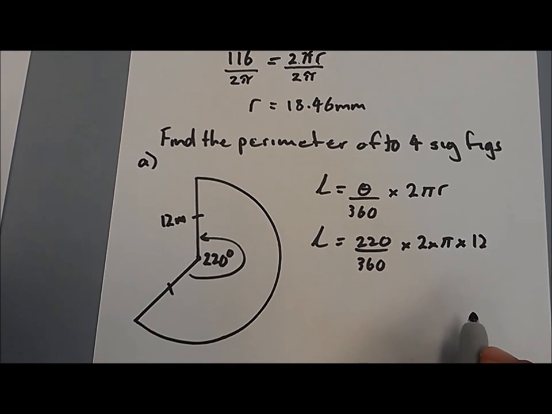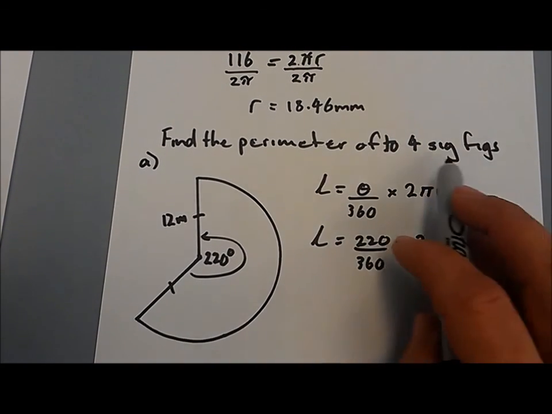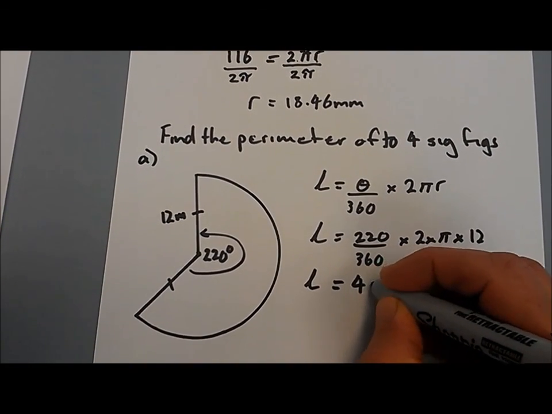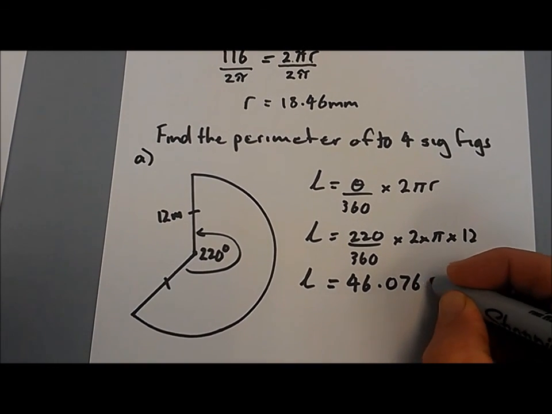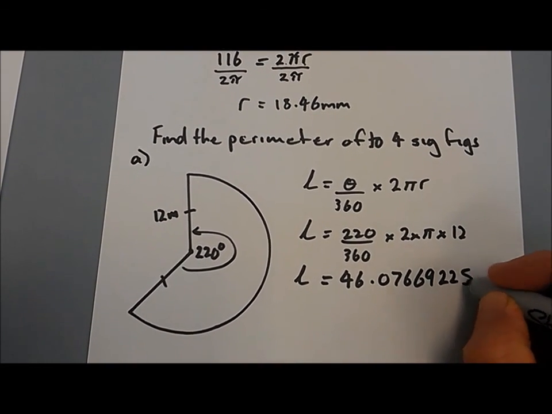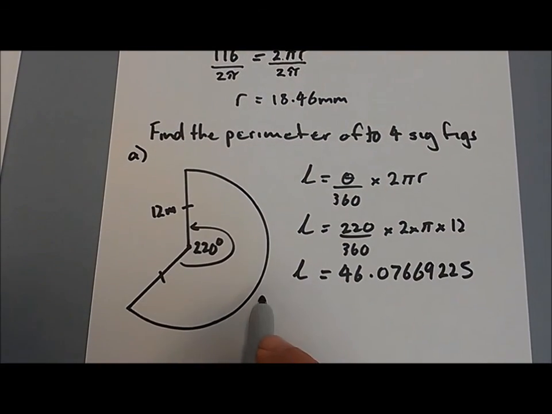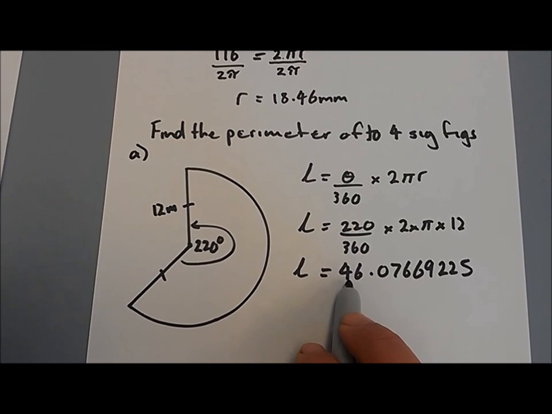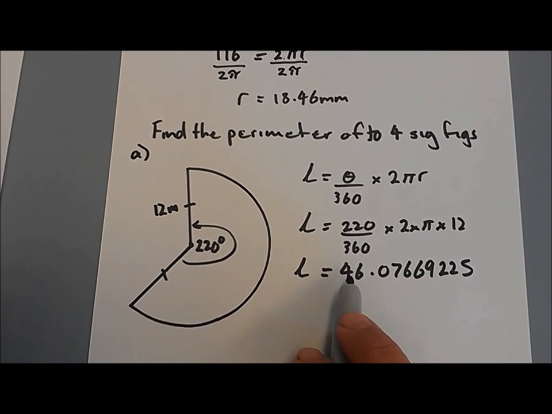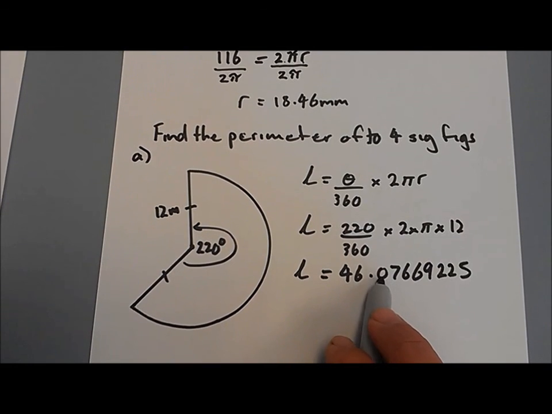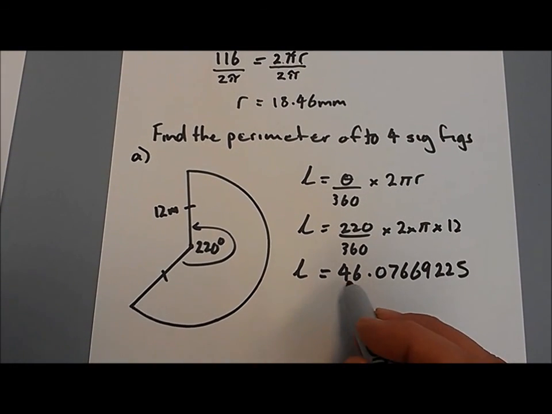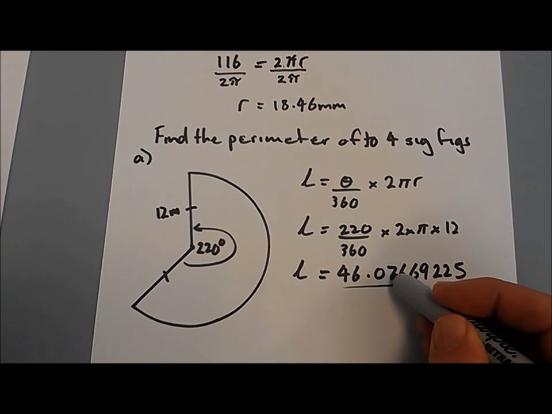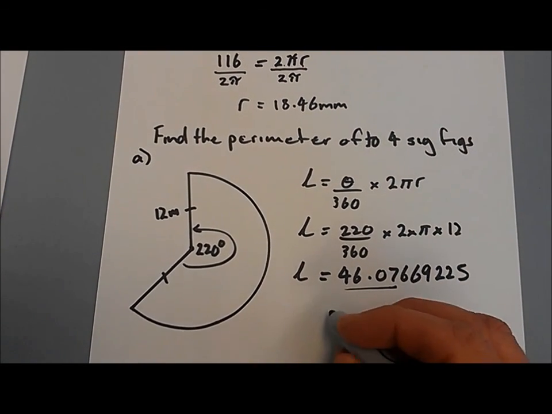And I guess when I report it, I need to make sure I report it the way they want me to. And it says here to 4 significant figures. So when I get to the calculator, I get L is equal to 46.076692225. That's the length of the arc. I want it to 4 significant figures. So significant figures, good time to review it. You start at the first non-zero and start counting. Zeros in the middle do count. So that would be those 4 there. The next number's bigger than 5. I'm going to round that up to 8. So I've got my length as